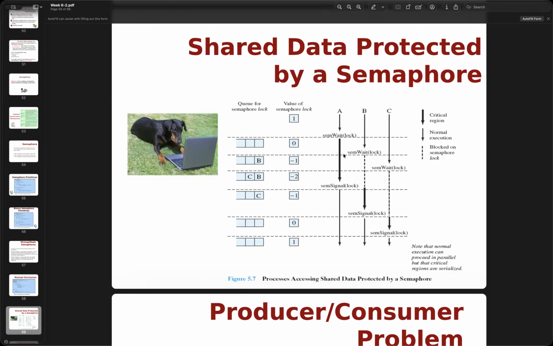Once it signals, it's done and releases, and the next process can get it.